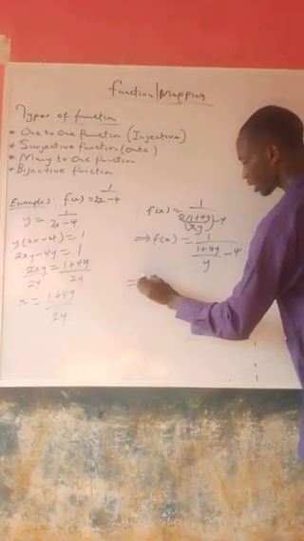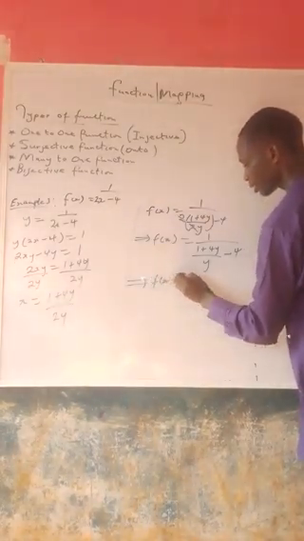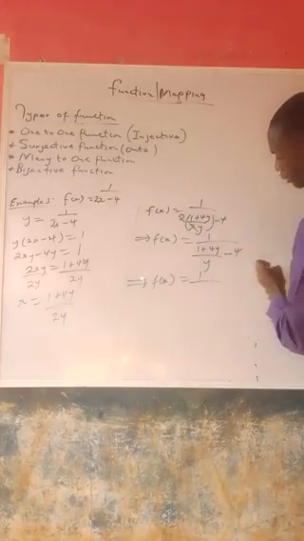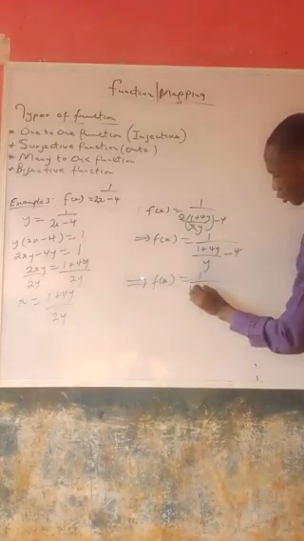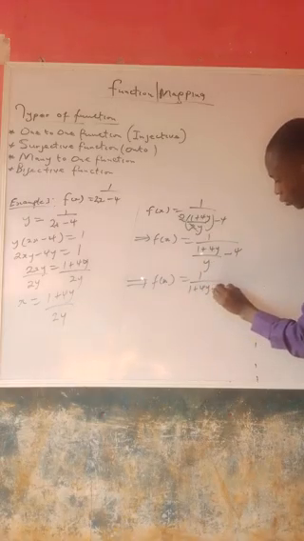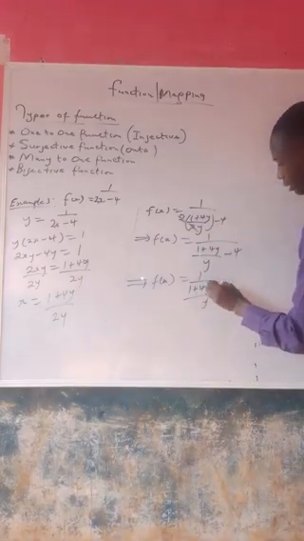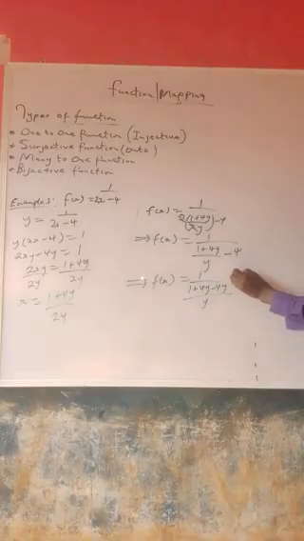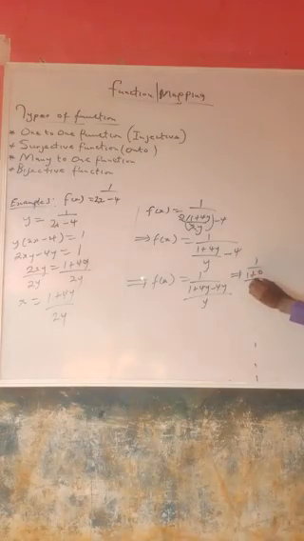Alright, this also implies that f of x is equal to 1 over 1 plus 4y minus 4y over y. And this implies now that I'm having 1 over 1 plus 0 over y,